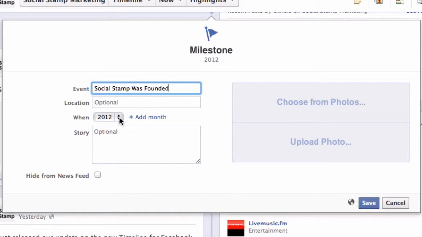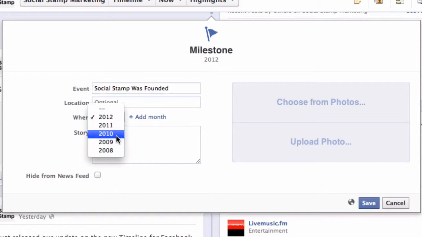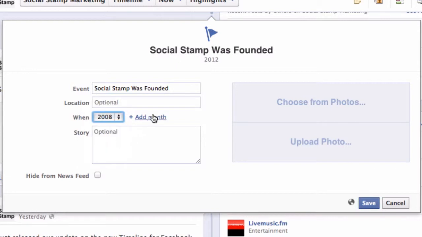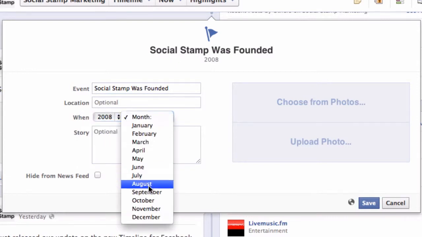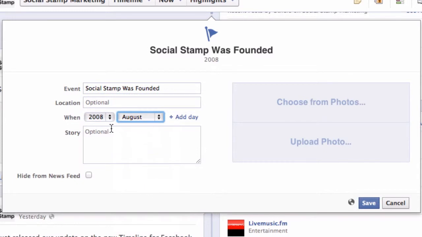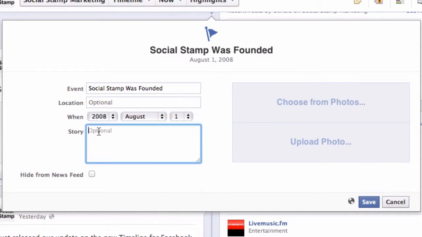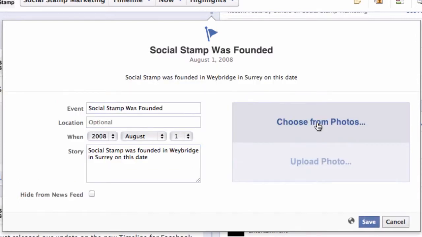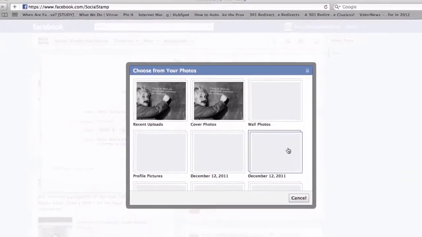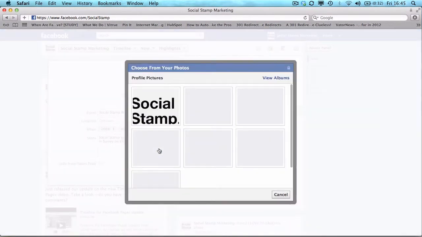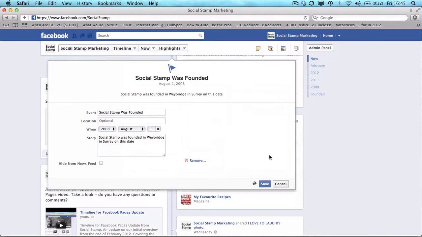Location I'm not going to use, but I'm going to change this to 2008 and have it as August 2008, and actually make it the 1st of August 2008. The story field is to put some copy about the event. So Social Stamp was founded in Weybridge in Surrey on this date, and we're going to choose a photo from photos that we already have, and I'm going to choose our Social Stamp logo. Click on save,